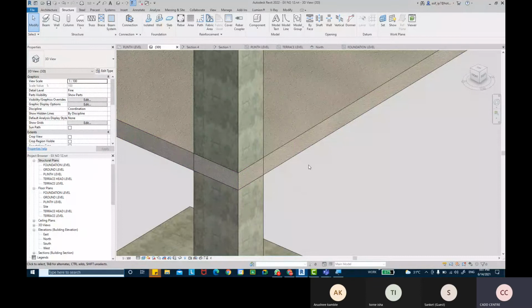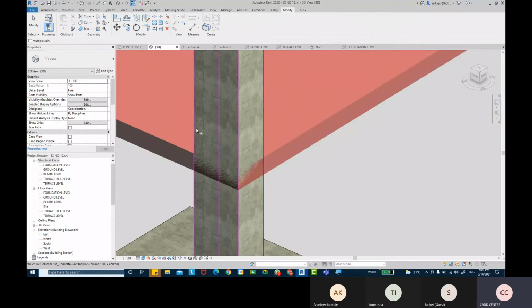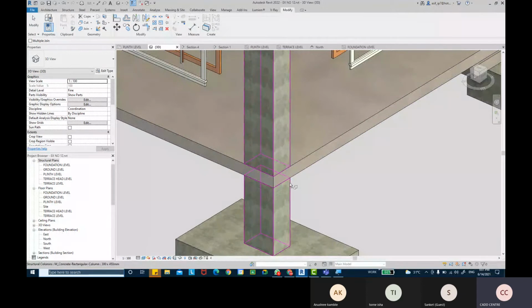So to fix that issue, we're going to come into modify, take the join geometry tool and join this slab with the column actually, and it will cut the column then. Okay, so the column gets cut off.